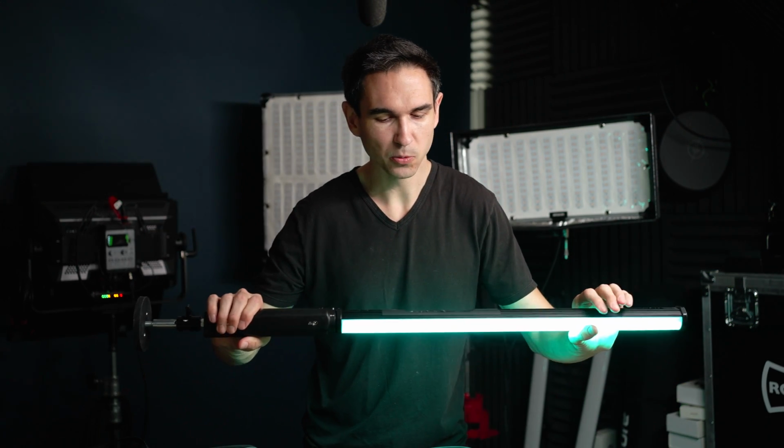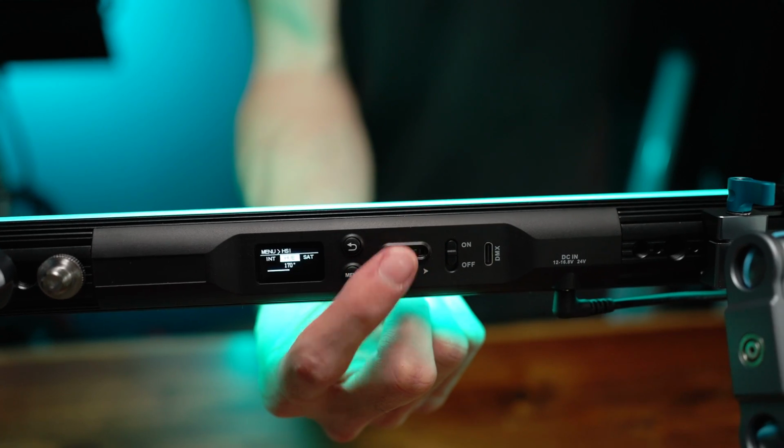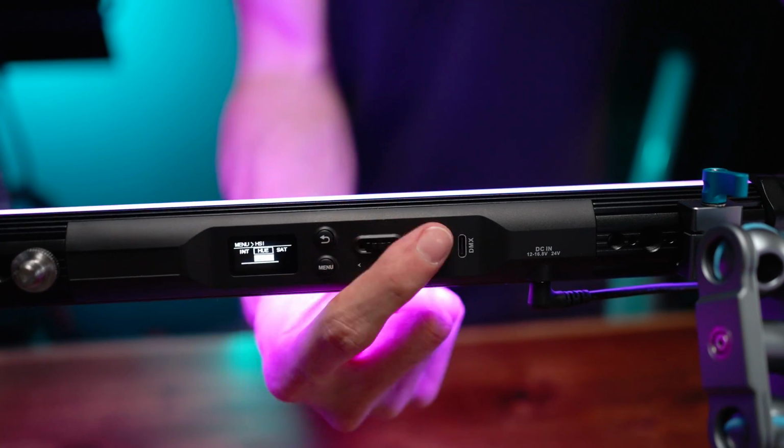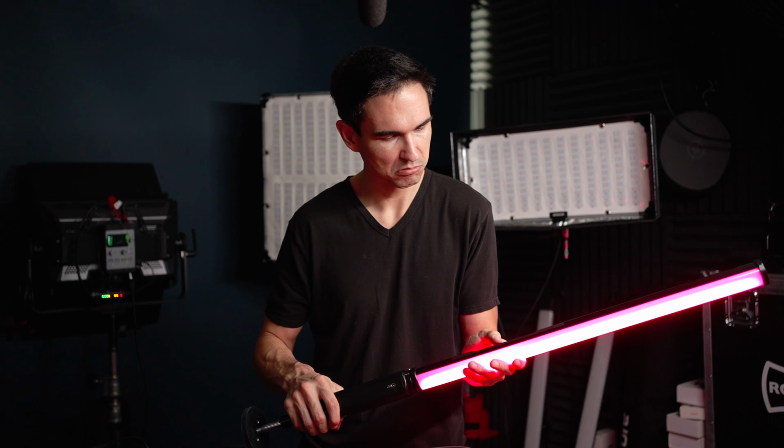The interface on this light is really good. It's not easy to make a good user interface on a tube light, but they've done a pretty good job. It's easy to understand, easy to navigate, easy to read, and that's really all you can do with a tube light. You should really control it with Sidus Link. It's so much easier, but you don't need Sidus Link to control it. There you go, red. I mean, it's easy enough to use and navigate and understand, just like all of other